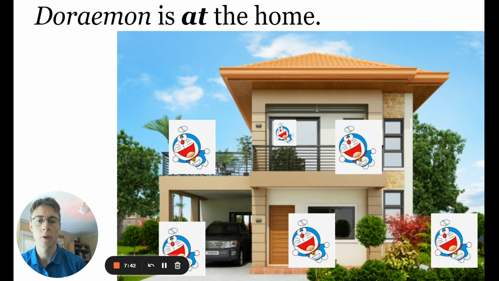So not only do you need to know the rule that usually we go in is the most broad, then at, but sometimes it gets a little more tricky than just that. So anywhere that Derriman is, if I called Derriman on the phone right now, Derriman would pick up and I'd ask, where are you, Derriman? Derriman would say, I am at home. So at is still pretty specific in that case. Yes, Derriman is in the garden, on the balcony, but in general, all these places we can refer to as being at home.